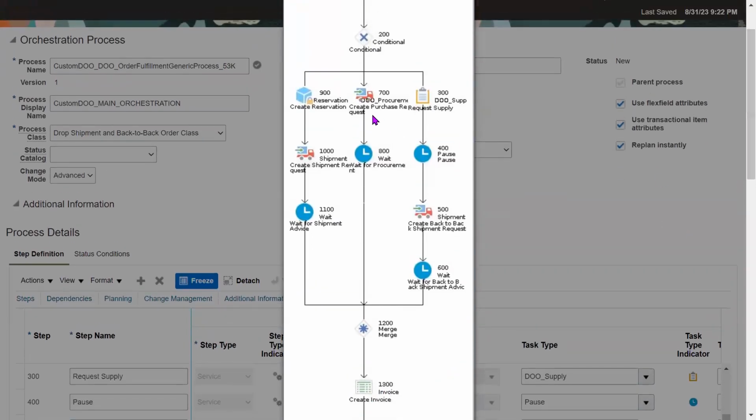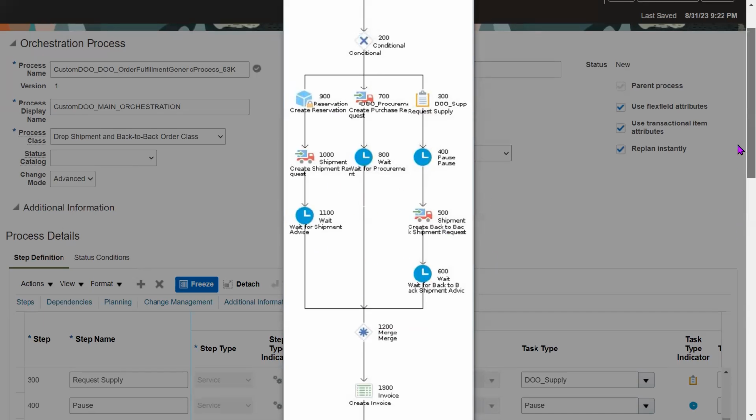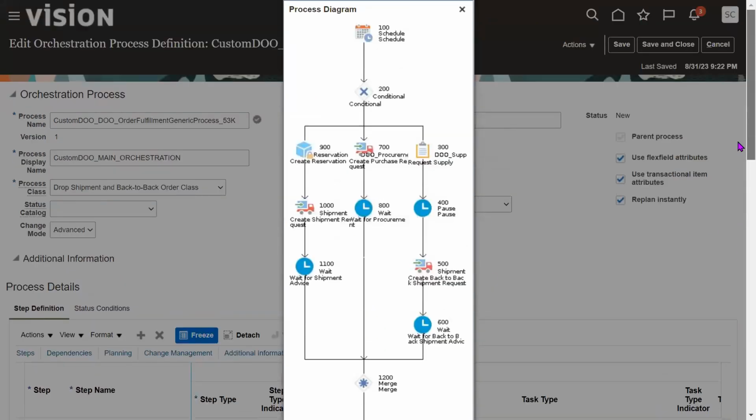And these two are for drop ship. And this is for back to back. This is back-to-back shipments. If you see, shipment, create back to back. Understood the flow, the orchestration steps? So this is the orchestration. It's going to handle standard sales order, drop ship, back to back, and it will also handle ship only sales orders. So it's purely based on the data you are entering in the sales order